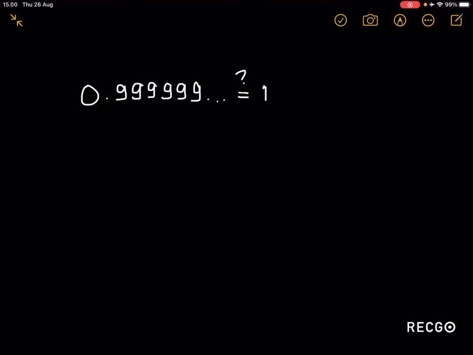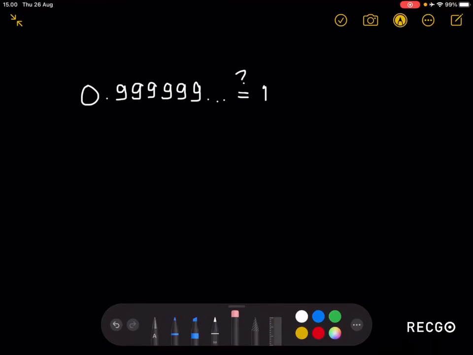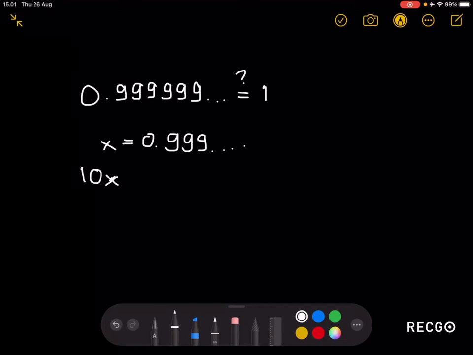Alright, if that proof still doesn't convince you that 0.9999 is equal to 1, well, I have a final proof, and this uses algebra. So assume that the variable x is equal to 0.99999 and so on. Now what I'm going to do is multiply both sides by 10. Well, it works with any power of 10, but for simplicity purposes, I'm going to use 10. When I multiply x by 10, the decimal dot right here moves 1 unit to the right side. So this will be